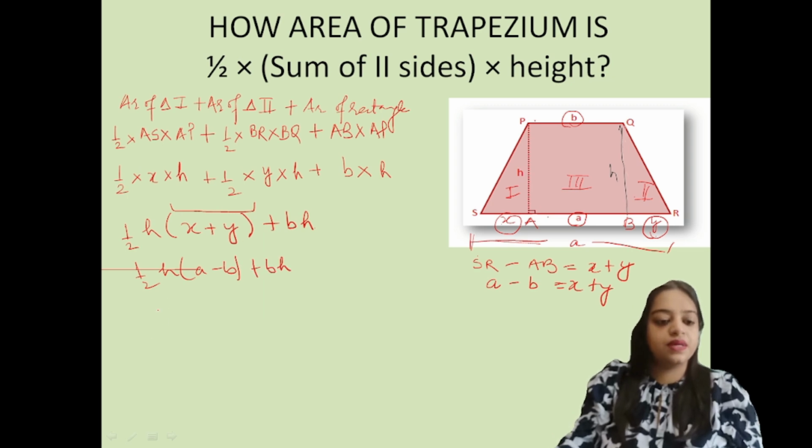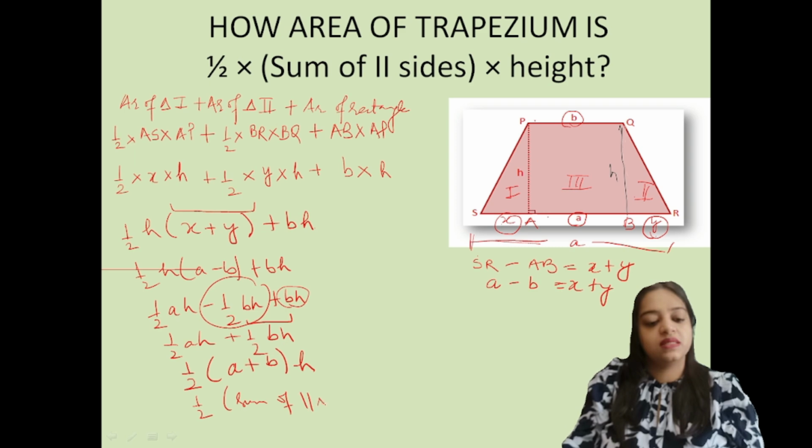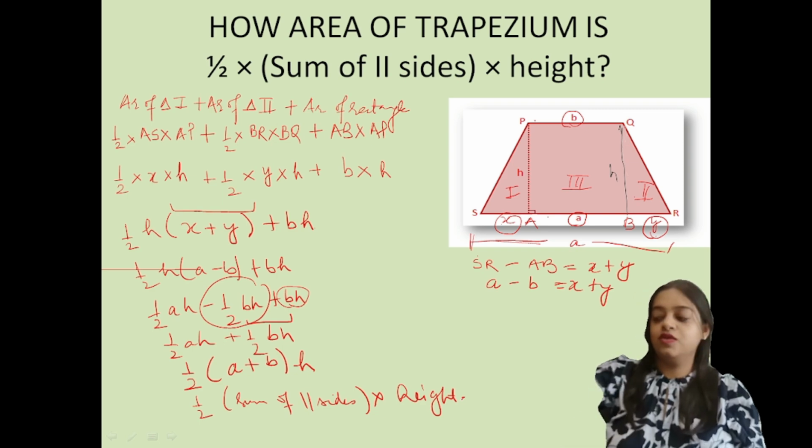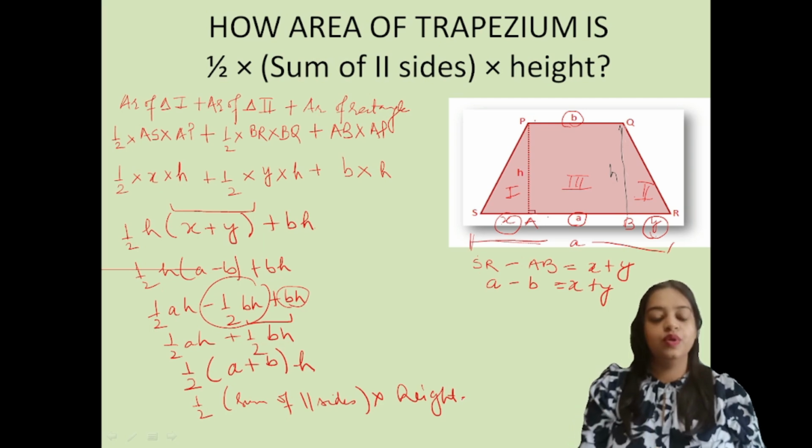Now opening up the brackets again, it's half AH minus half BH plus BH, half AH. Simplify these two things, taking the LCM. This is actually 1 BH. 1 BH में से half BH minus करेंगे, क्या रह जाएगा? Half BH. Taking out half common, we are getting A plus B and H is also common. So this was the formula, which is half into sum of parallel sides into height, right? So that's why the area of trapezium is half into sum of parallel sides into height. Hope this will be clear to you, and in your mind it will be there that how this formula comes,